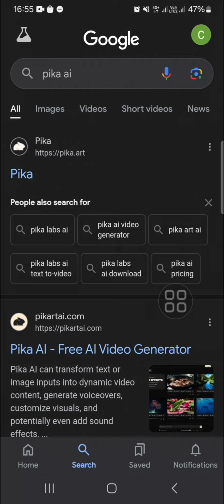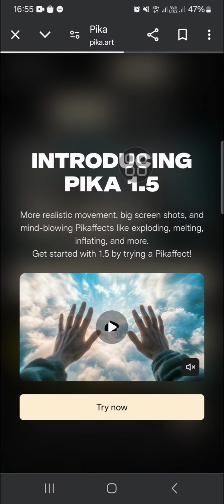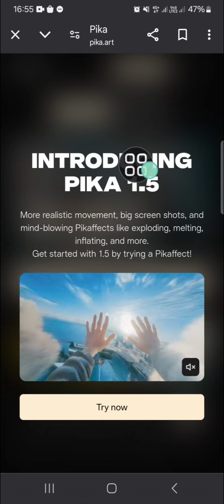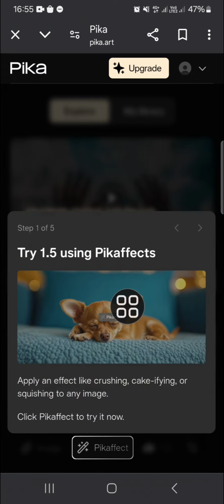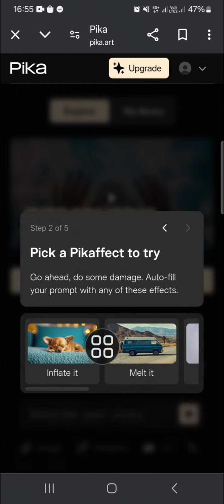First of all, you need to go to your browser and then search for this website, Pika.art, and we're going to use this website to create amazing effects for our photo. Wait guys, now it's still loading. Make sure you have looked into this website so you can use its tools to create amazing effects for your photo. I'm going to click on try now and go to the Pika effect, and here